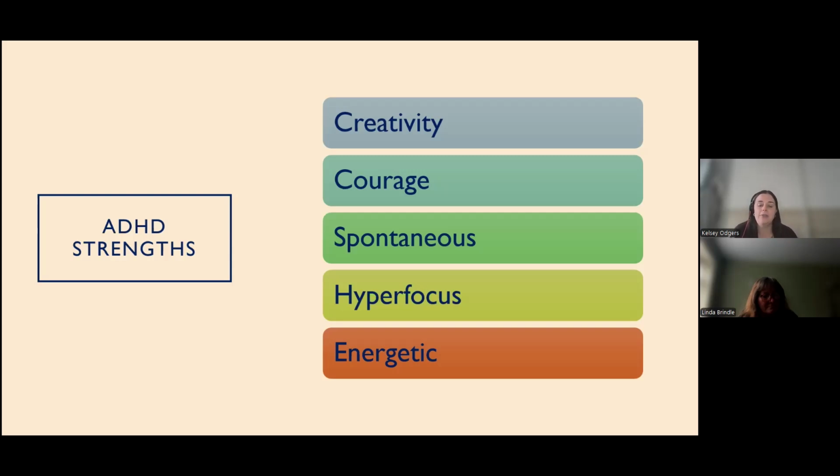So again, really nice to be around. Also, they can become super focused on things they're interested in, often called hyper focus. So, again, having knowledge and skills in a particular area. And of course, when we think about that energetic side that some children with ADHD have, they're often full of that energy, full of that passion for life and for specific things in life, which again is a really nice thing to be around.